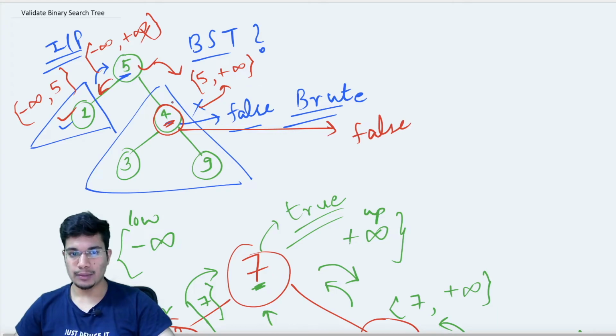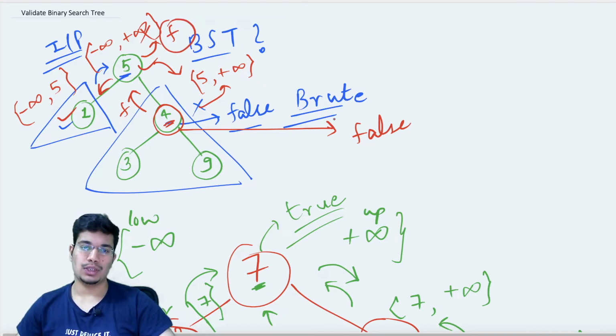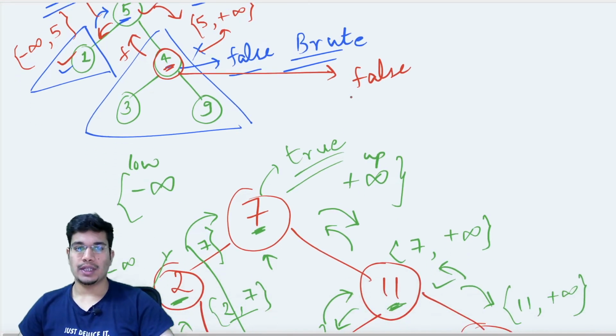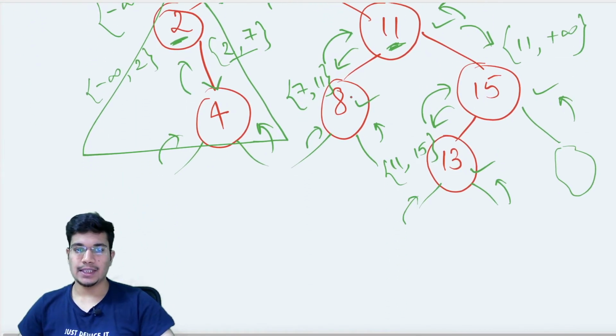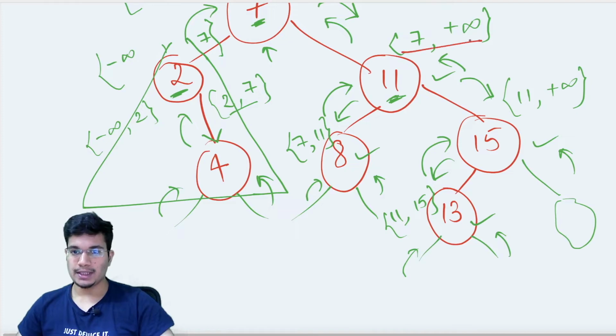So as soon as control came to 4, I returned a false to my parent. And my parent then again returned false to the caller. So we'll get a false as the response from this particular call, indicating that the binary tree is not a BST. So this is how we are saving on time. We are only iterating over every single node once, using these two parameters, the lower and upper limit.